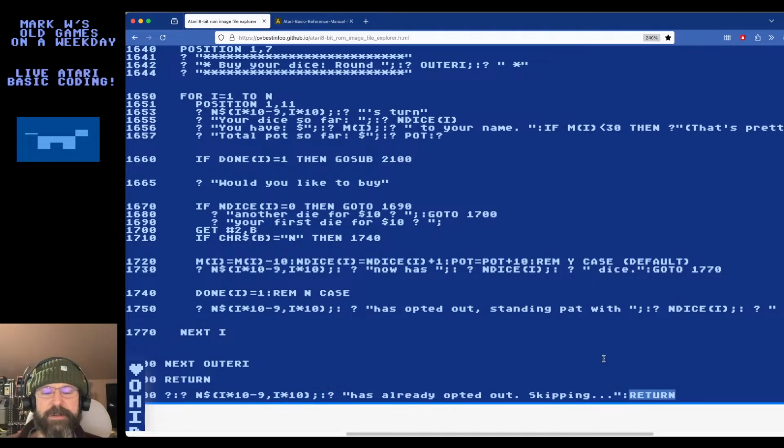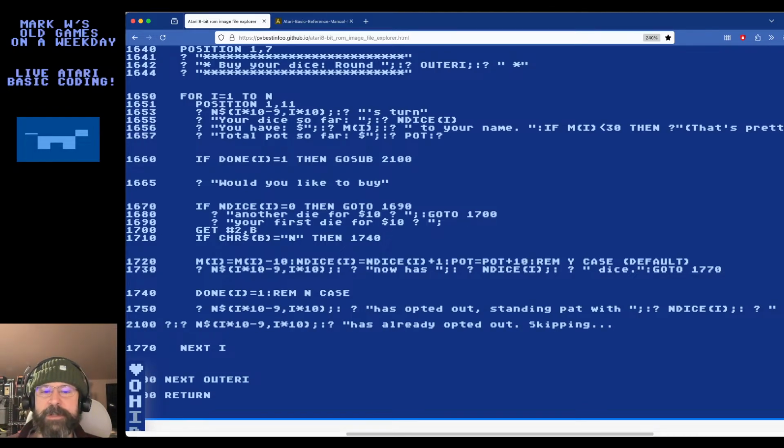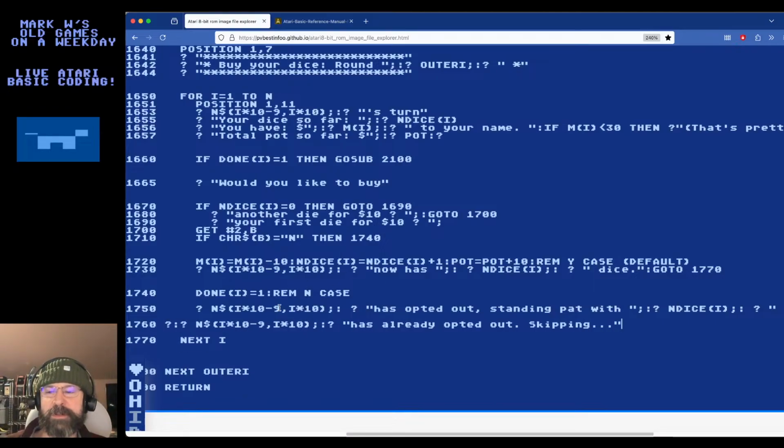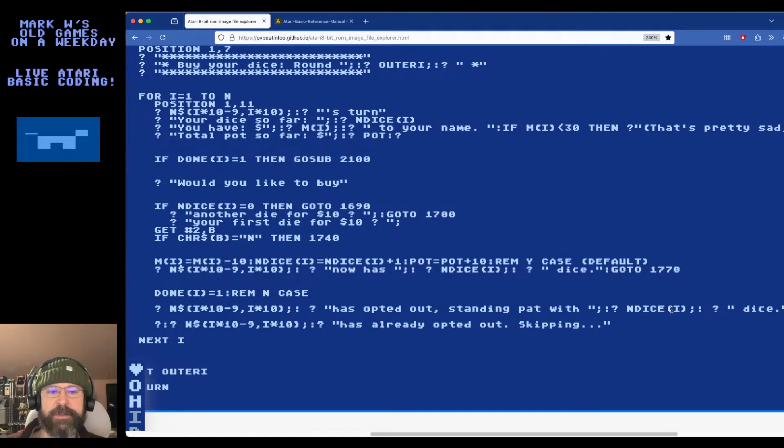We're going to get rid of the return, though. It's not going to be a subroutine anymore after all. Putting this over here. This is the line. Say, hey, this person's already opted out. Let's skip them. And it's within the loop, so we're going to use the next I here. That's what we want to do. Fix our indents like so. Our pseudo indents. And this guy, not that guy. This guy needs to go to 70.